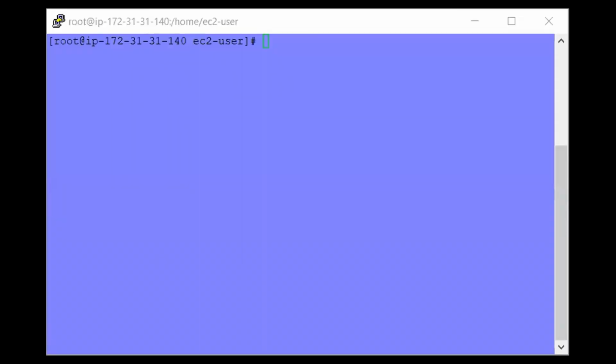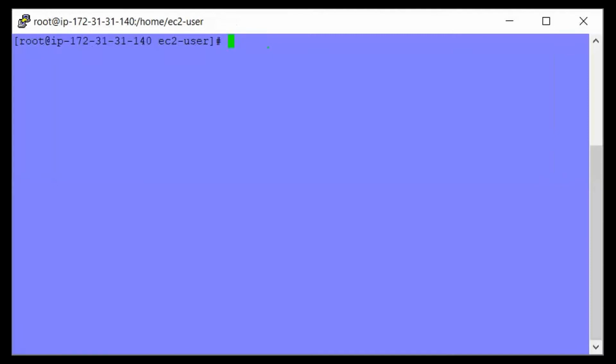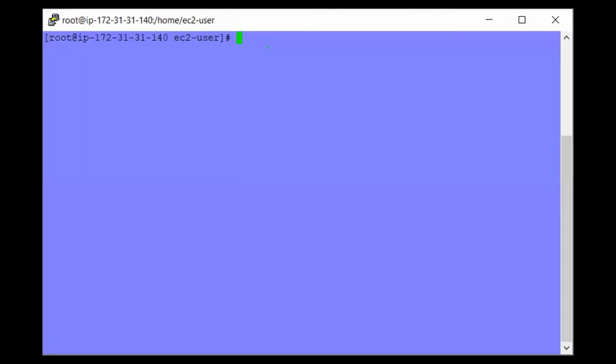Machine. I'm in the console. This is our second machine which we created, and basically I want you to remember one command which I'm going to type on this machine, which is going to give you the user data and the metadata. This is very important as far as the examination is concerned. So please make a note of it somewhere.